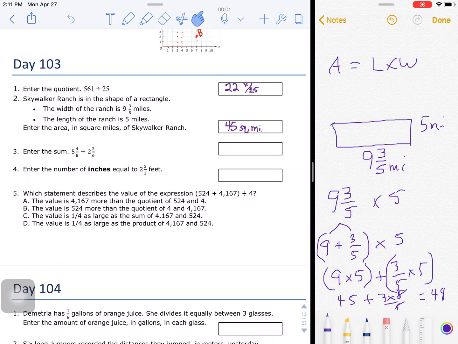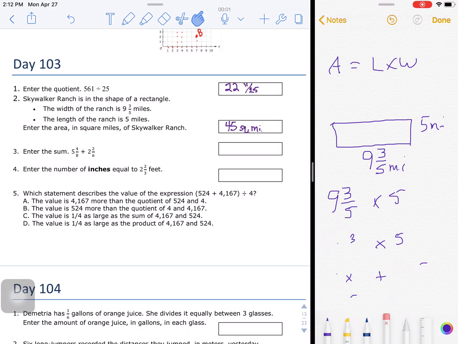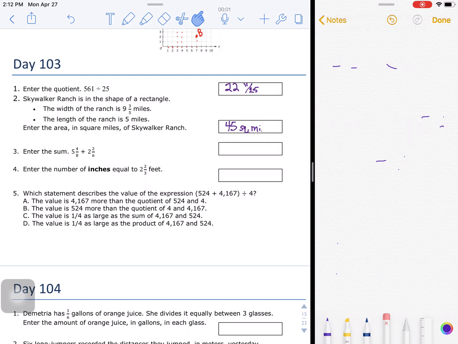Problem number 3. Enter the sum, 5 4/8 plus 2 2/6. Let me erase this here. It's taking me a little while. Maybe there's an easier way to erase. If you guys know, you can message me and let me know. Okay, so I have 5 4/8